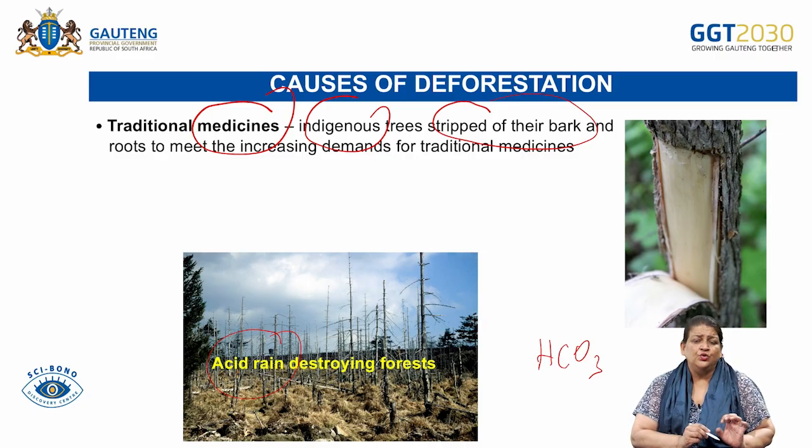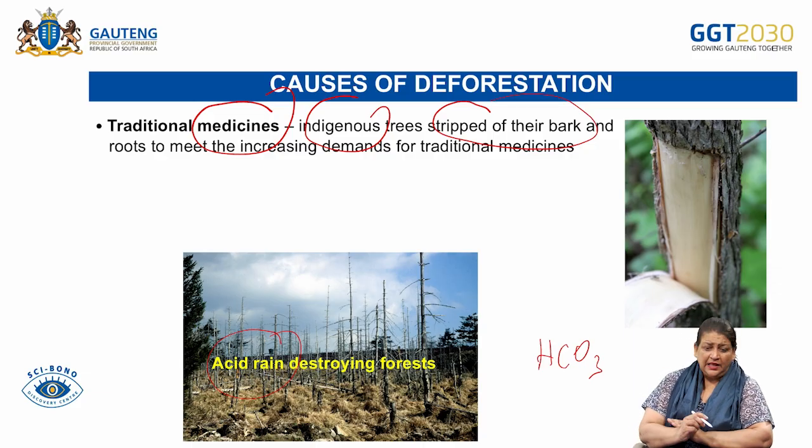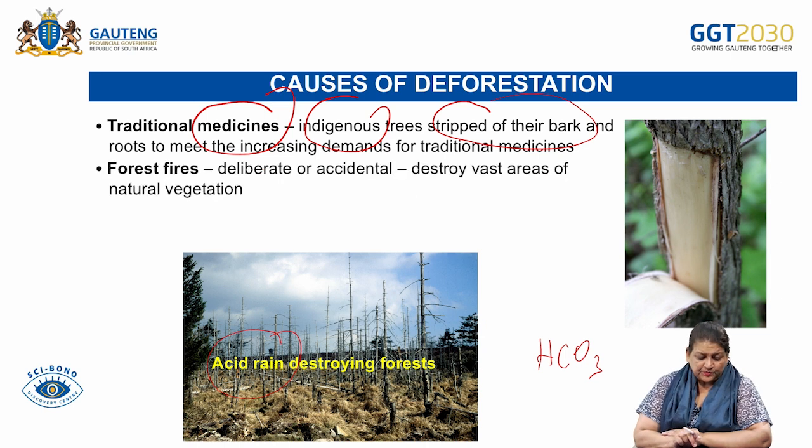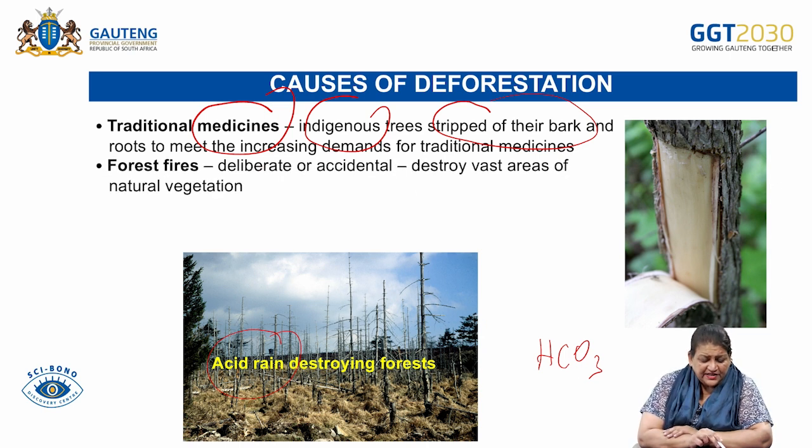We're going to get ozone depletion. We're going to warm our atmosphere. We're going to get droughts. We're going to kill the crops. So this is what we call human impact and how we are actually affecting the climate, and the climate is affecting life on Earth. So forest fires,